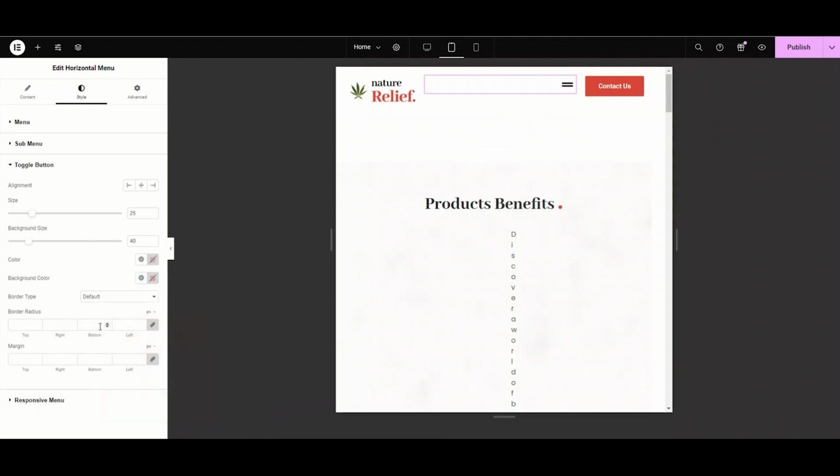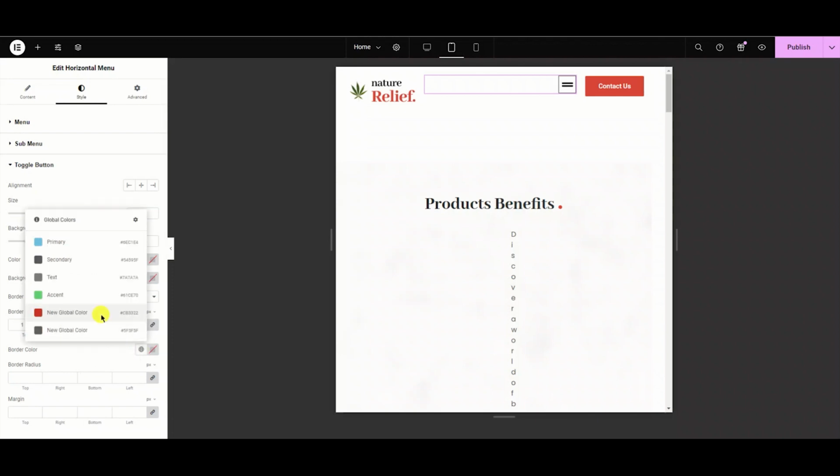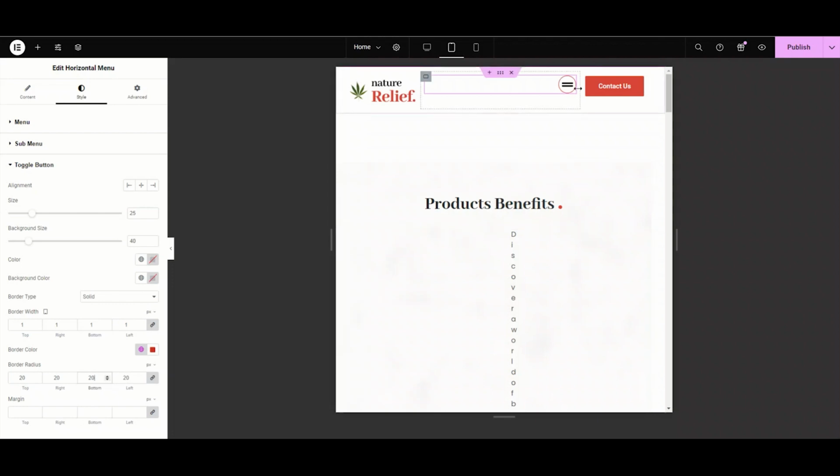Moving to the next option, here we have this border type. From here we can choose the border type for this toggle icon. Let's choose the border to solid and the border width to 1. And look, now let's choose the border color to red and the border radius to 10 to make the edges round. Now let's set this to 20, and look, you can easily make a unique toggle button. Just use this option in a creative way. Now set all these options to default because I'm just showing you how all these features work.